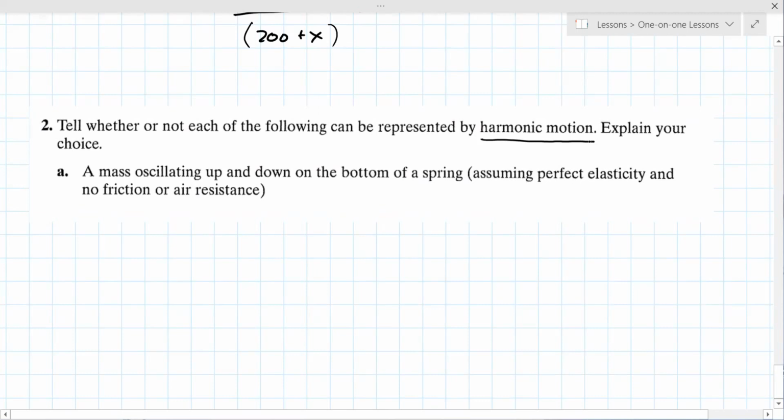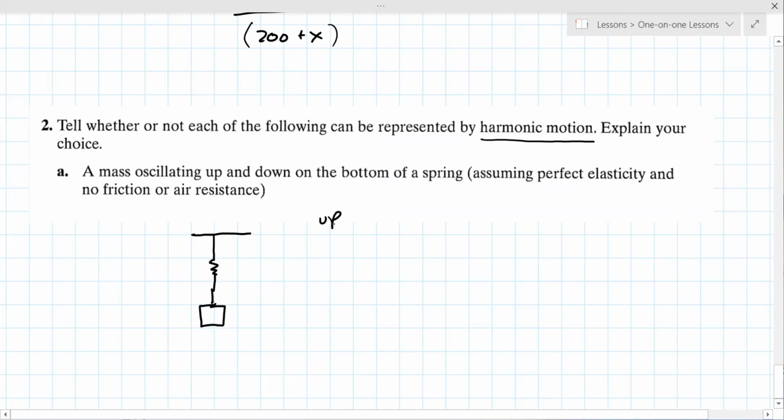Okay, so maybe a piston isn't as clear as something else. I'm sorry, this is a mass. So a mass oscillating up and down on the bottom of a spring. So the idea is you have a mass, you have a spring, and then you have a mass, and it